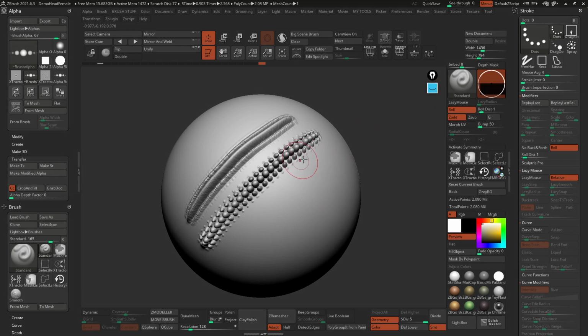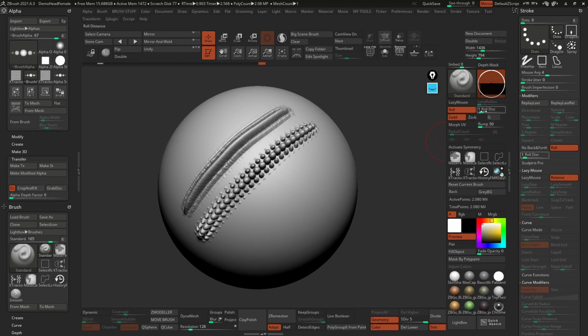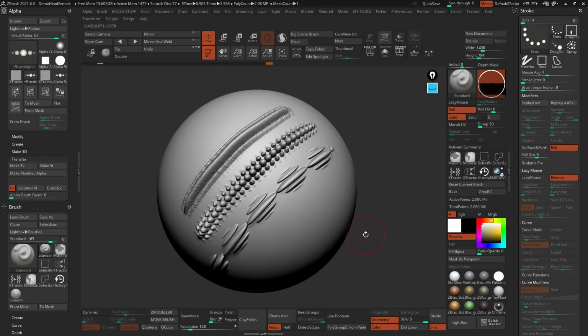All right, so I'm gonna leave this one there. And now I'm going to take that roll distance and increase it by something crazy so that it is pretty obvious. Something like, let's go for 6, right? And I can click and drag. And this is completely different, right? So what we're getting now is, if this is the alpha, and those are the dots in the alpha, when you take this roll and increase the roll distance, ZBrush is going to roll.